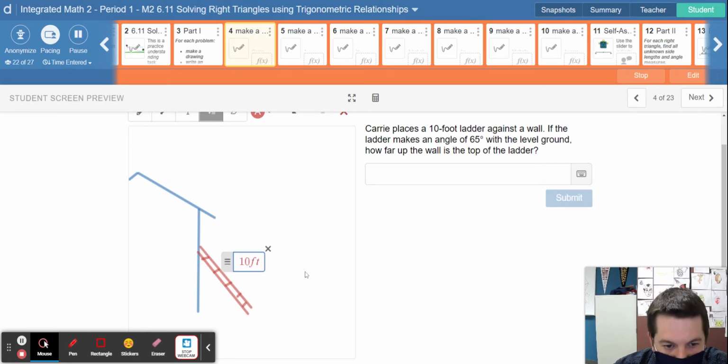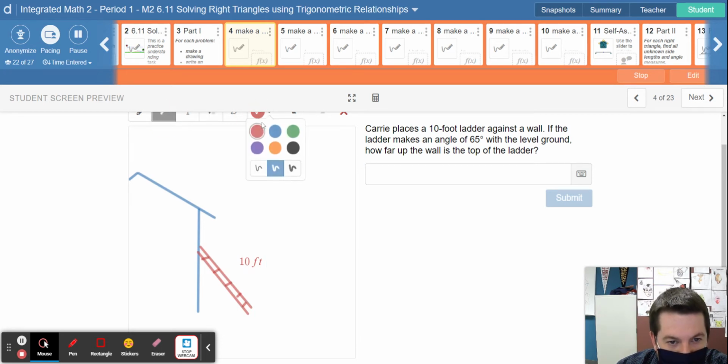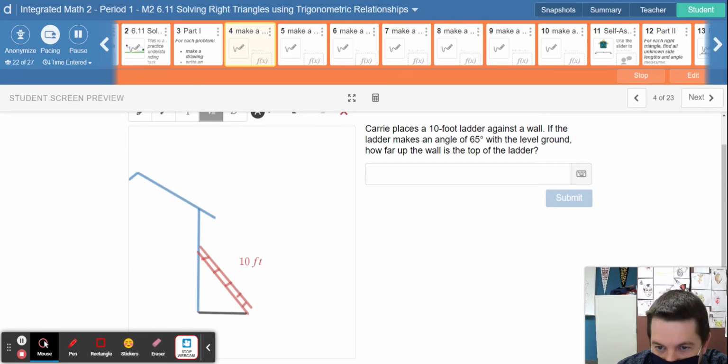And we also know that the ladder makes an angle of 65 degrees with the ground. So we have the ground down here, and it makes an angle of 65 degrees with the ground. So 65 goes here. Now I have my drawing, and now I need to identify which trigonometric ratio I